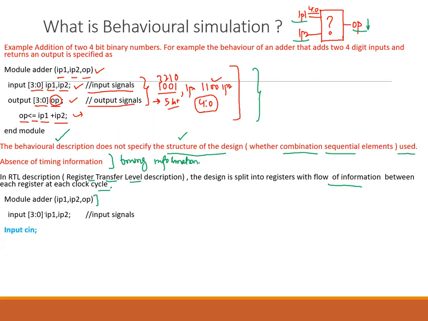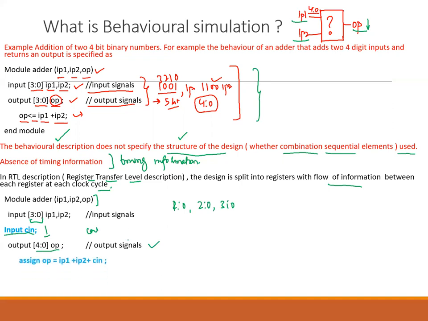So now I will be describing this as input C in. Input is C in, so carry in is also being described. Output, because carry is 1 bit, so no need to mention it here. By default, it is 1 bit. But if it is more than 1 bit, it needs to be described. If it is 2 bit, then it is described as [1:0]. If it is 3 bit, [2:0]. If it is 4 bit, [3:0], and so on. And your output is now [4:0]. Why? Because if carry is there, carry out will be there, so that will be generated here.